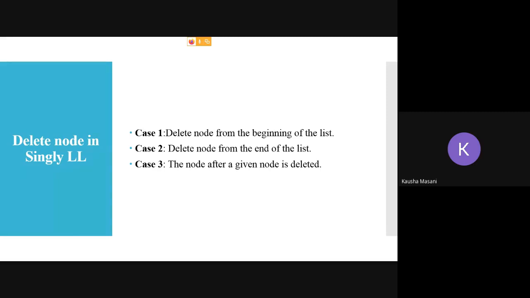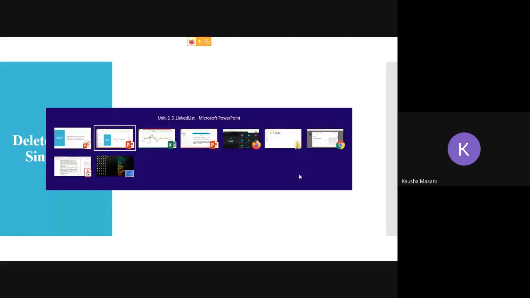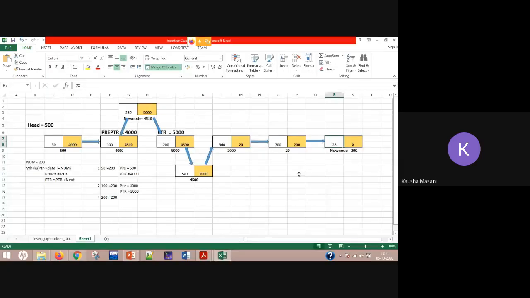Suppose in our example here, if I say that it is 200 after which I want to delete the node, then my target node will be this. This is going to be my target node. Fine.